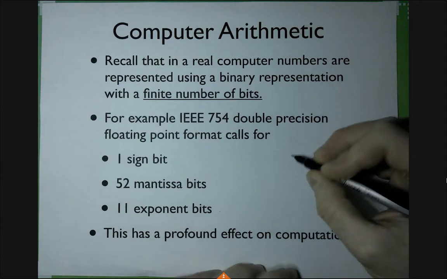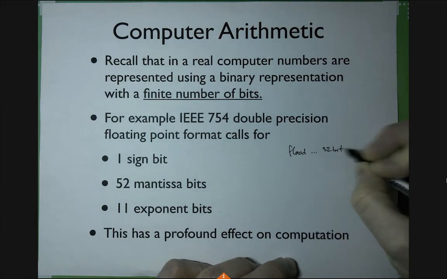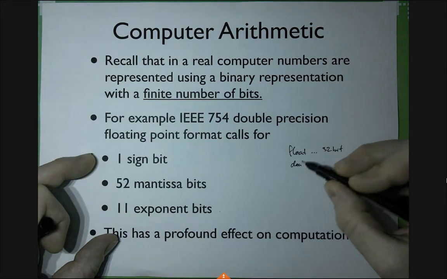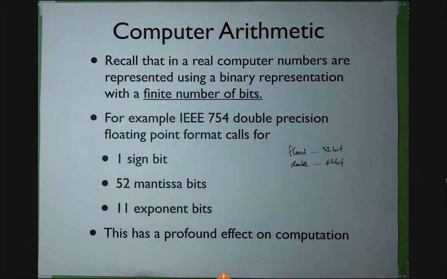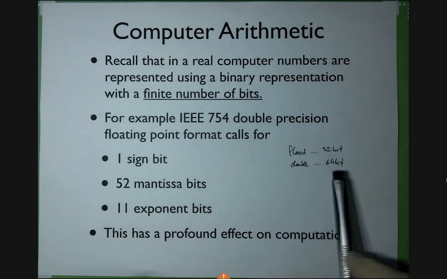So the float is 32-bit, and double, that's what this is about, is a 64-bit one. Some GPUs I think also use half, which is like 16 bits, and there are certainly many variations. I guess some supercomputers probably would have 128-bit for higher precision and so on. But I think what MATLAB uses by default is the double precision, which has 64 bits.